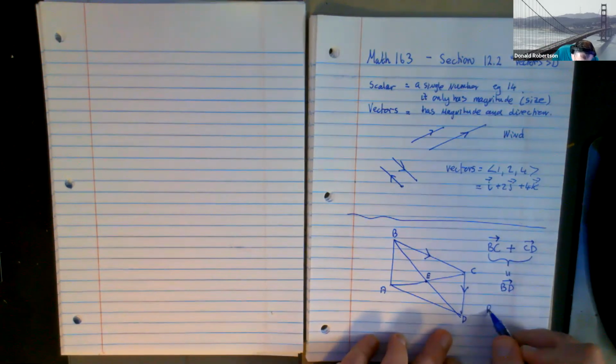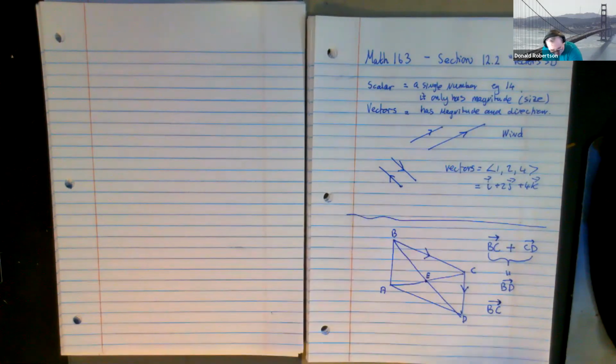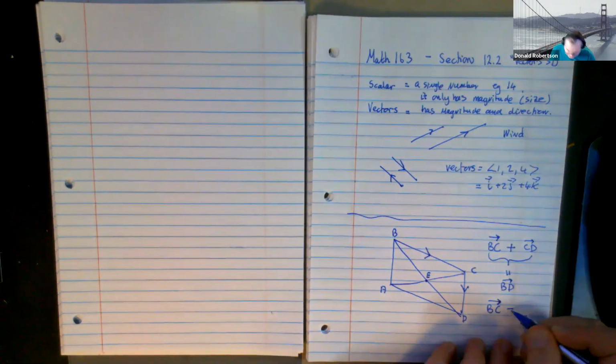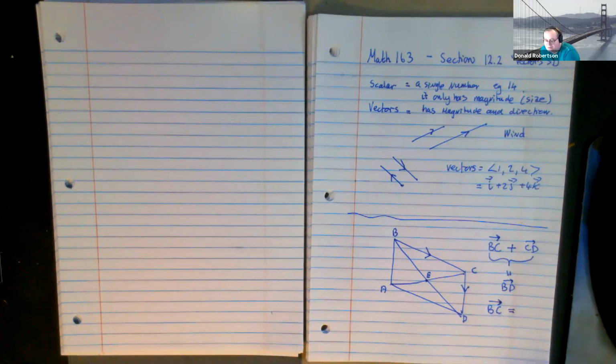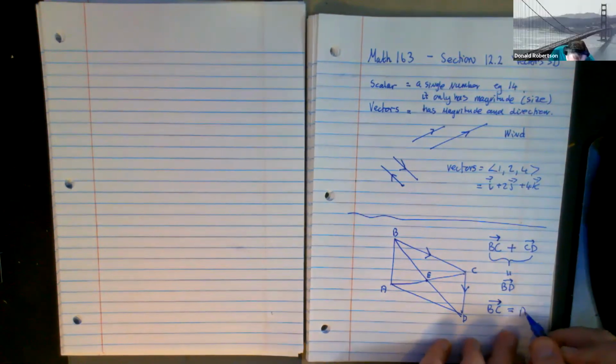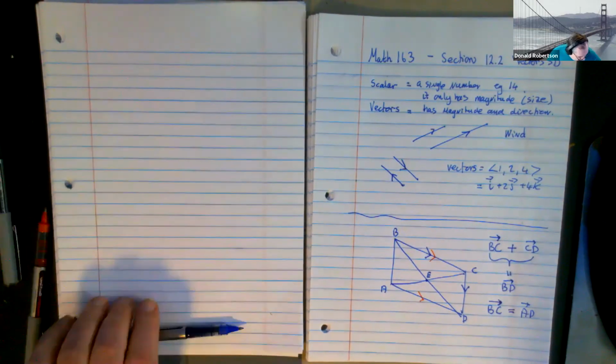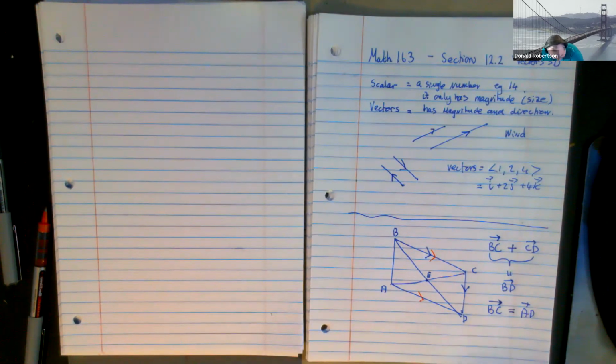Here's a different question. There's a vector BC, which is this guy. Is there any other vector in this diagram which is the same as the vector BC? AD. Would you agree that these two guys are the same? Now, how do you compare two vectors to decide they are the same? They have to be the same length, right, magnitude, and they have to be pointing in the same direction.